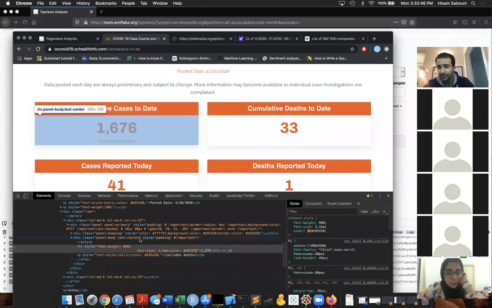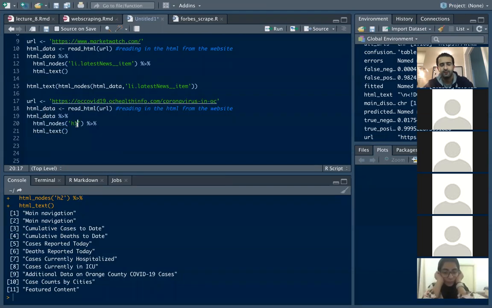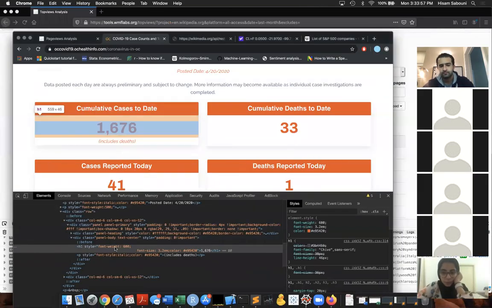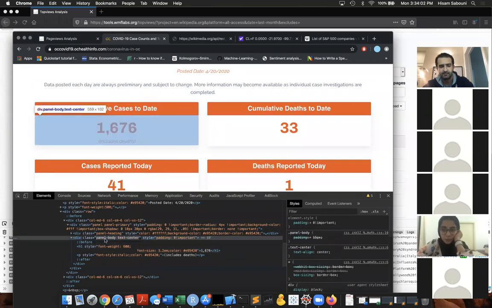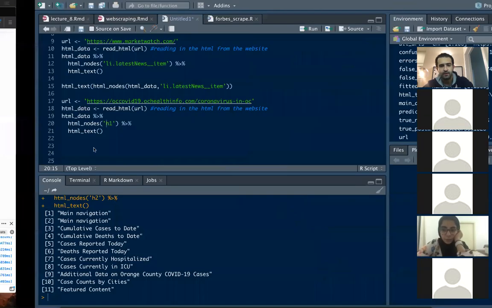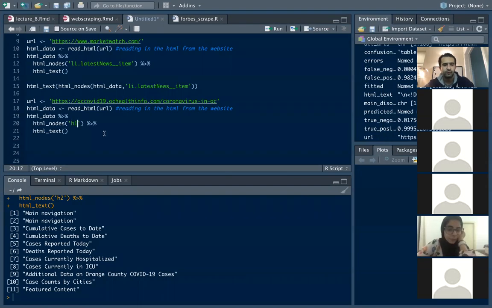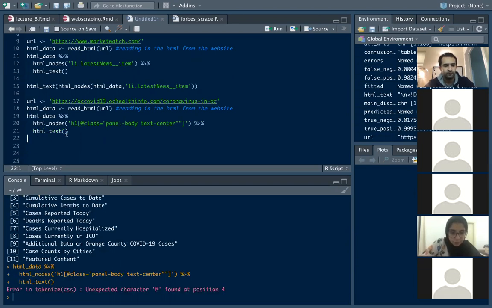Okay, and we can be a little bit more precise with the way we're scraping. So here I just did the generic H1, but really I could have said H1 of a specific class. Does that make sense? Or a div of a specific class. Like here's the class: panel, body, text, center. So I could have done something like H1 at class equal to, and then in double quotes, put in that class. And that would give me,